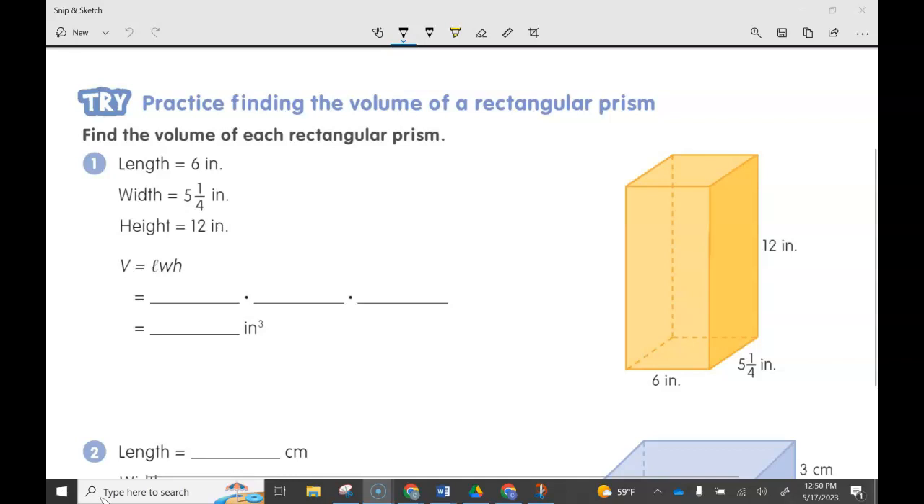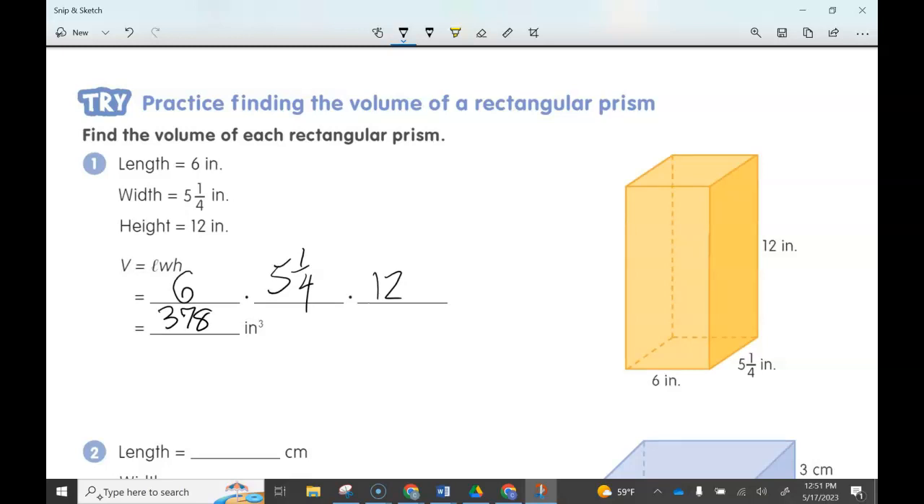So we have the length is going to be 6. The width is 5 1/4. And the height is 12 inches there. So what we do is we multiply the length times the width times the height, and you can do that on your calculator. And when we multiply 5 1/4 times 6 times 12, that's going to give us 378 cubic